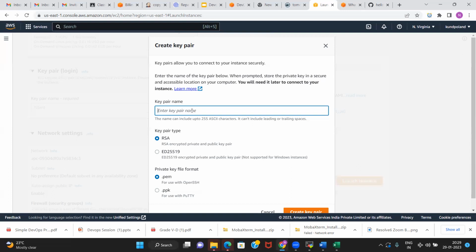One will be with the bank, another with the customer. For the customer, the key that will be created is called the public key, and AWS will have the private key, and both will be checked, only then you will be authorized. So key pair name, let us make it Jan